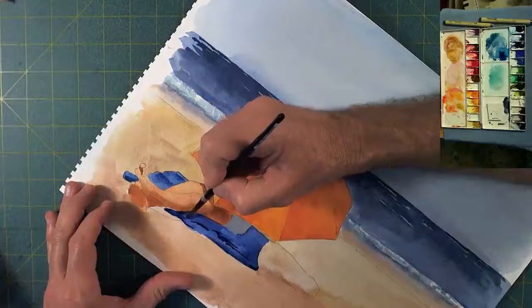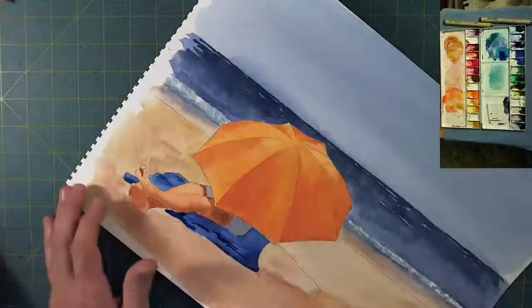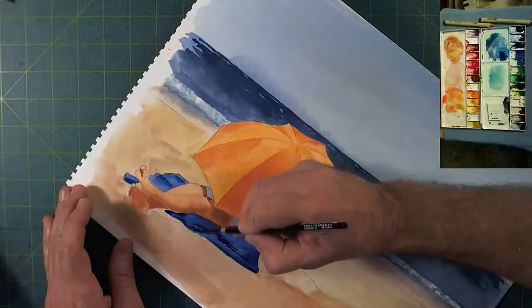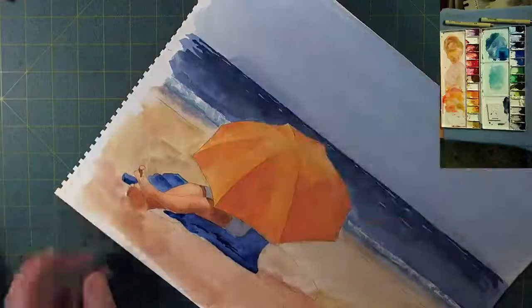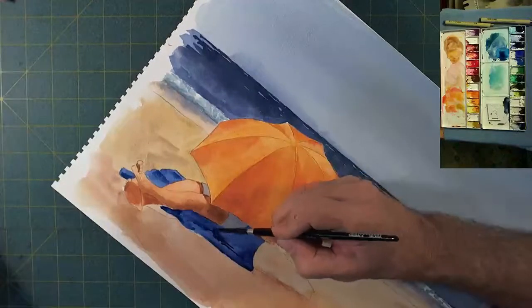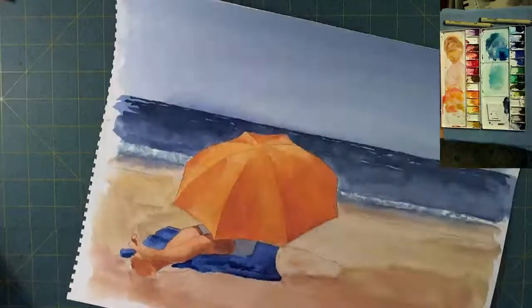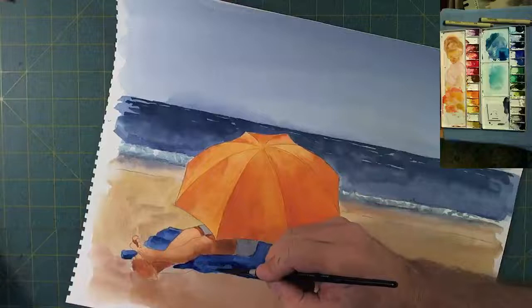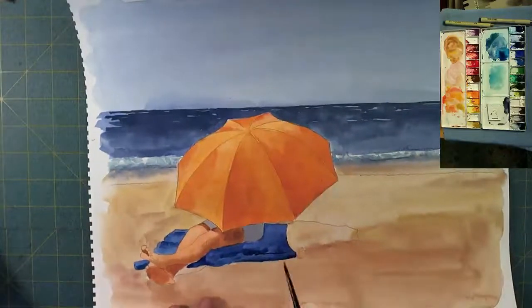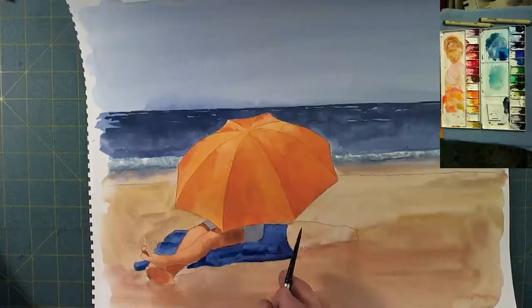I bet I've been asked 1,000 times what paints I use and why I use them, and I'm totally cool with it. I totally get it. Everybody's curious why does somebody use this one over that one? What's the benefit of this over that? But boy, when you can show somebody how pigmented the paints are and how little you use. Now, I wonder,